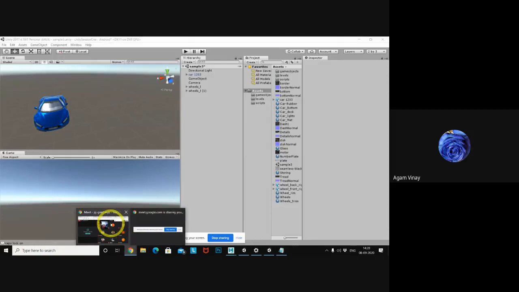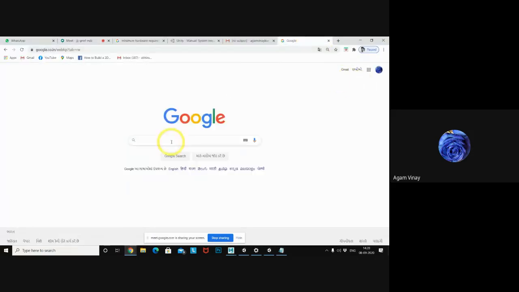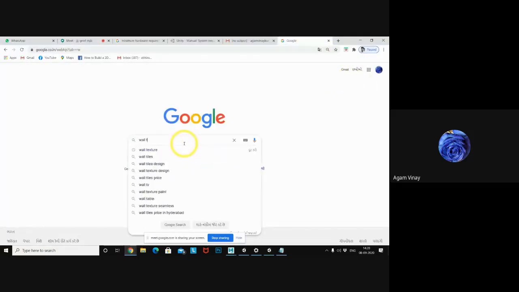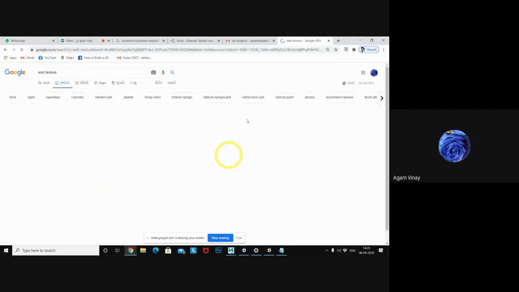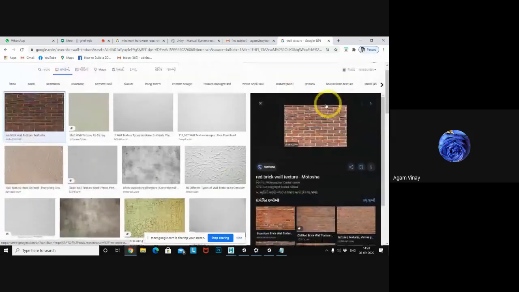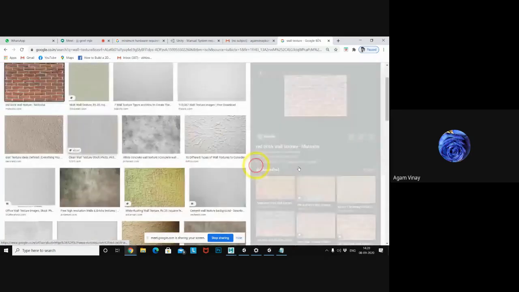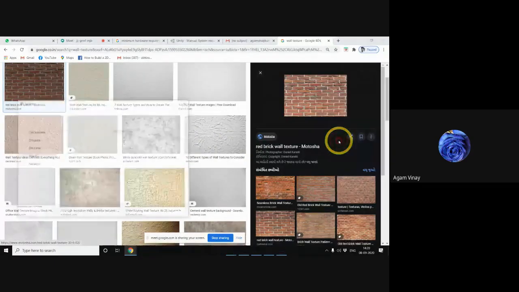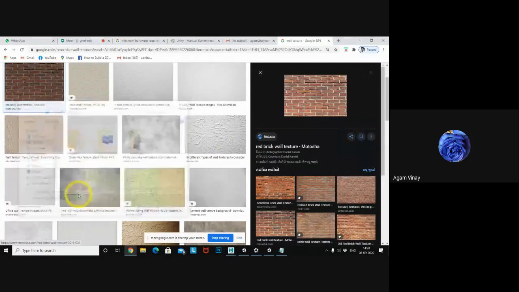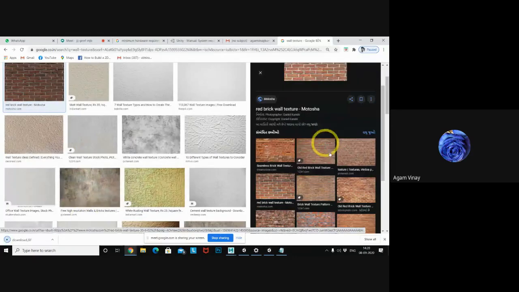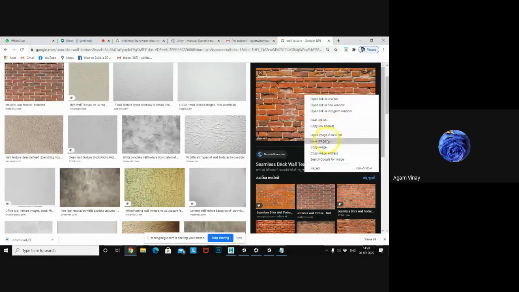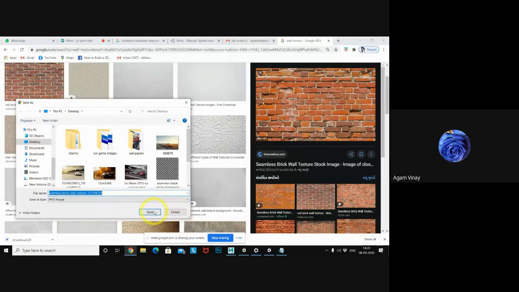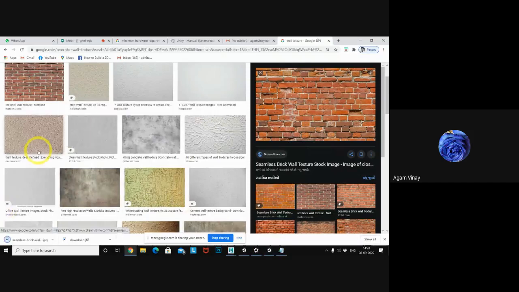I want to explain with the material. So I'm downloading some wall texture. Just observe. This wall texture I want to apply to one of my game objects. So I just want to download this, right click, save into my PC. I want to download it as a PNG file or JPEG file. Okay, I'm saving it as a JPG file. Then I just drag and drop it into my assets folder.